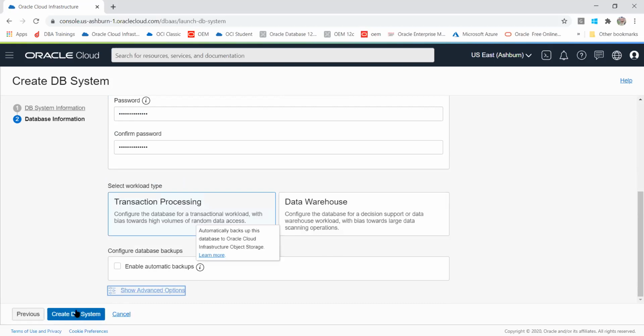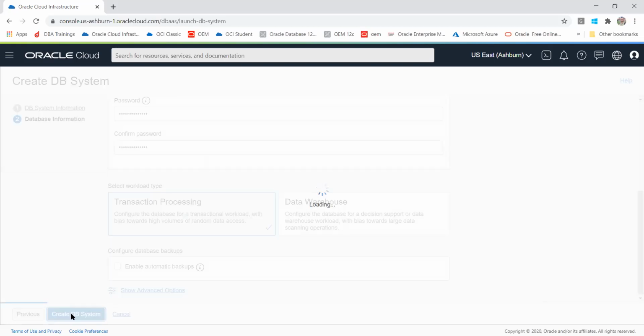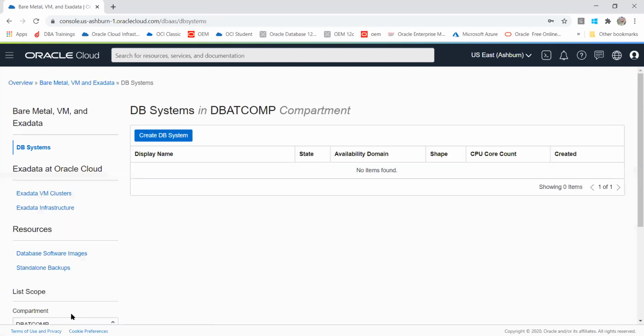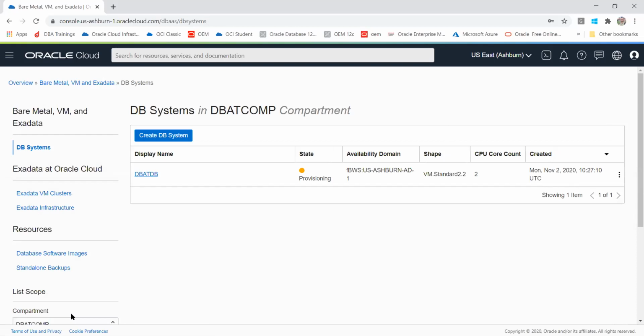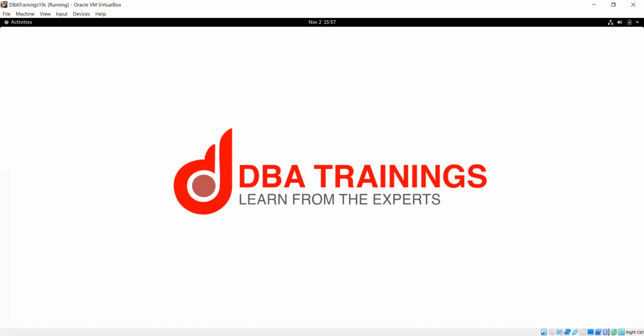Once I click on create DB system, it will take a couple of minutes and then it will create the instance for us. Almost it will take 15 to 20 minutes and then the instance will be created. Meanwhile, if anyone has any question, please let me know. While it is creating the instance, please let me know your question so we can discuss the theory part, and then once the machine is ready, we will guide you how you can access that machine, how you can put the different types of rules to access that. Okay,